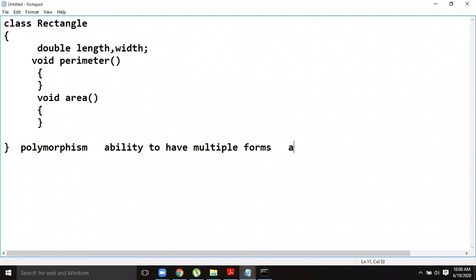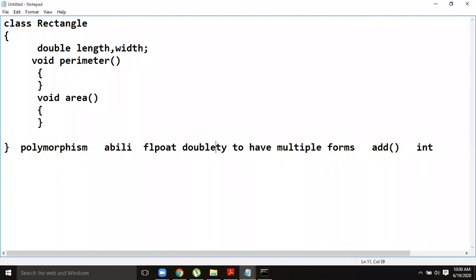I want to define a method with the name add. This method adds integers, or doubles, or anything else. I can use the same name.